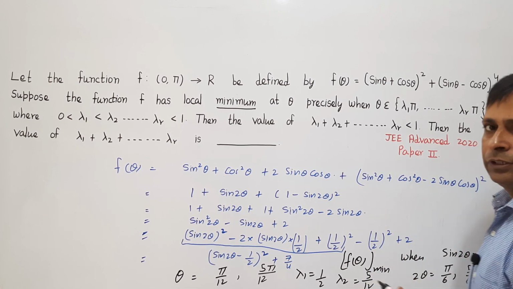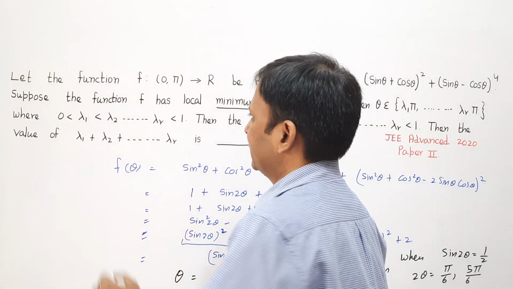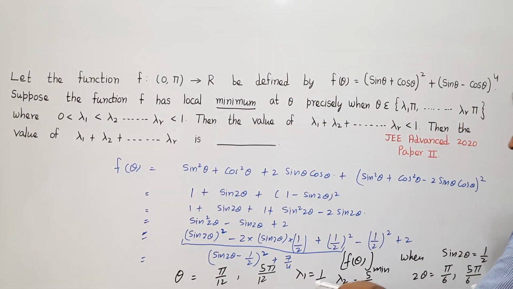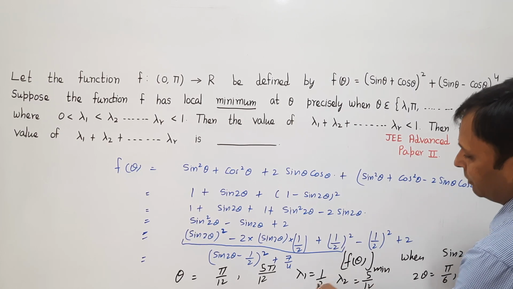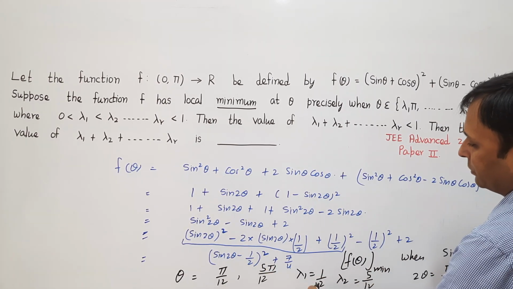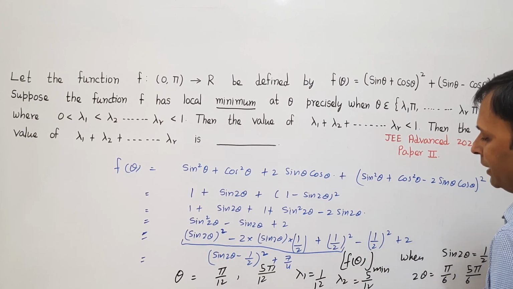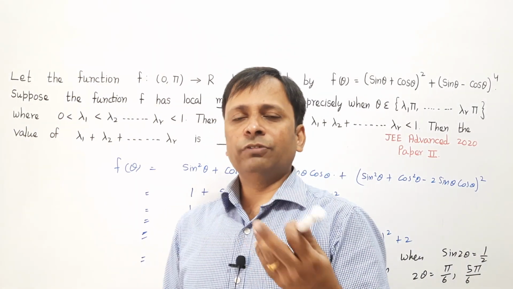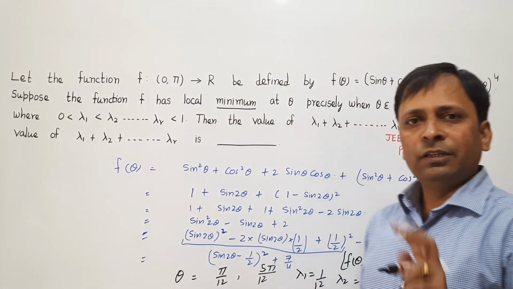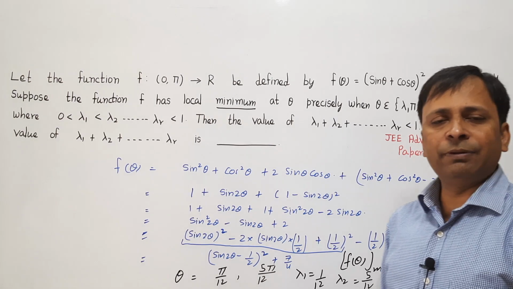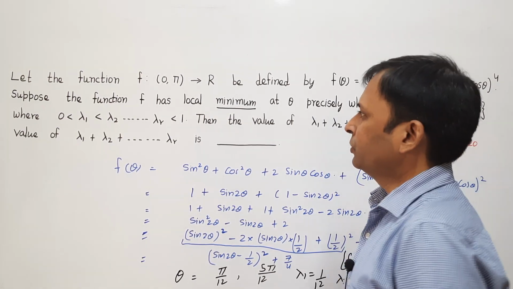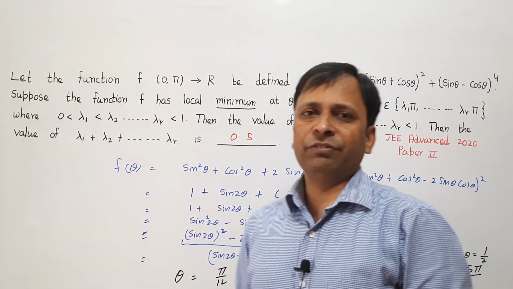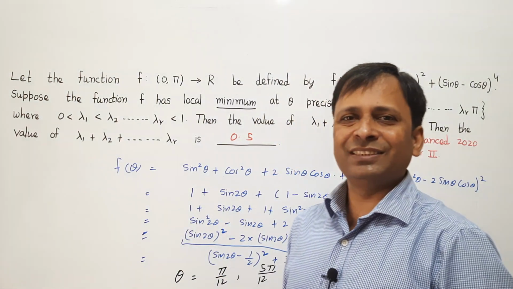So I got the two values of lambda which are required, because he is asking us to find the sum of all those values of lambda. So the sum of those values of lambda will be 1 by 12, because I got pi by 12, and removing pi from here I get 1 by 12 and 5 by 12. These are the two values of lambda which I got. Adding those values, I get 1 by 12 plus 5 by 12, which is equal to 6 by 12. 6 by 12 is nothing but 1 by 2. So the sum of all these numbers will be 1 by 2, which is equal to 0.5. So the right answer for this question is 0.5.